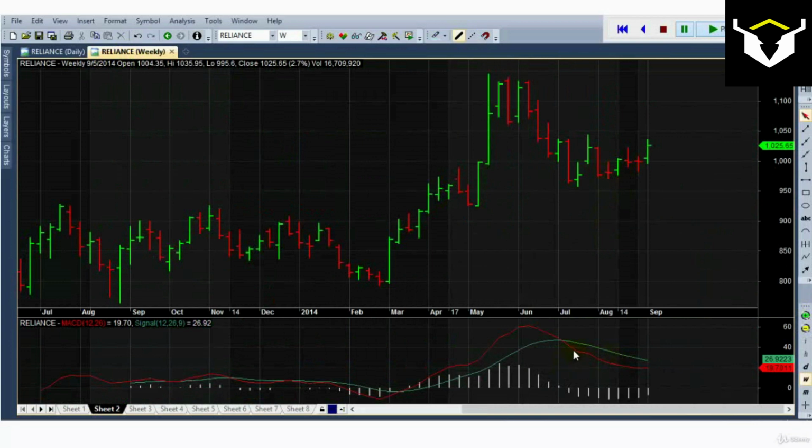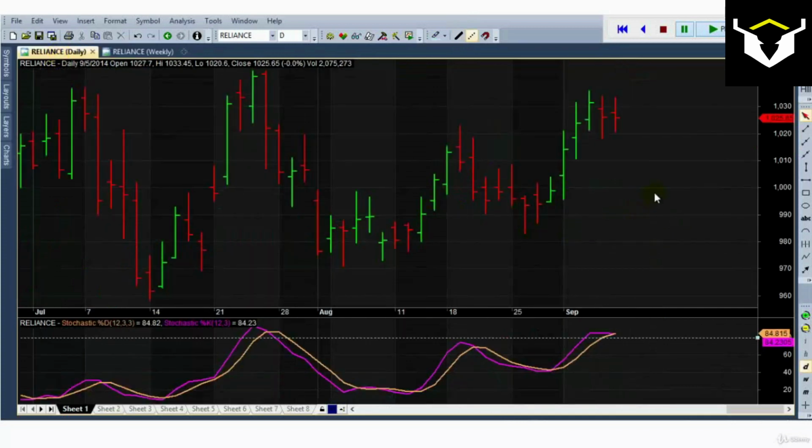You can see MACD is trading below its signal line and histogram is negative. So higher time frame favors the bearish move, and daily is telling us there is no more upward move left. We will plot our extensions to see if there is any important level where we might